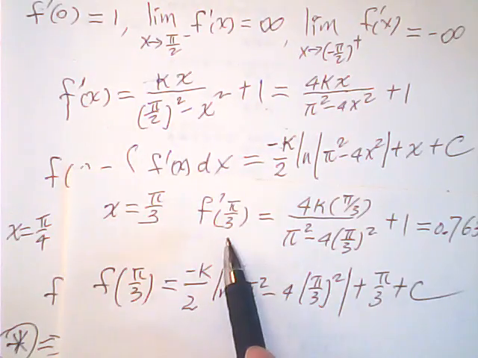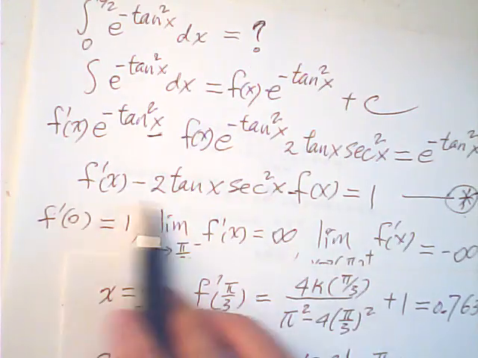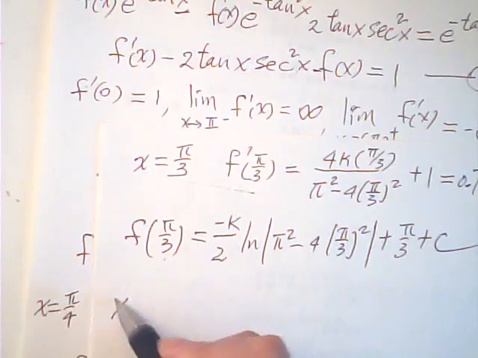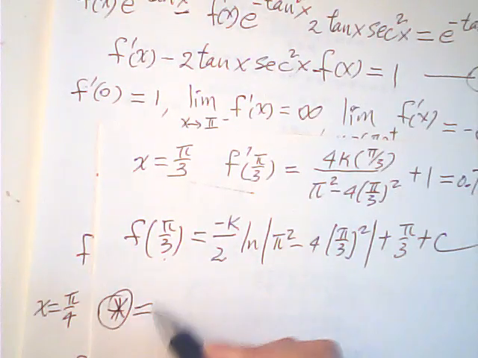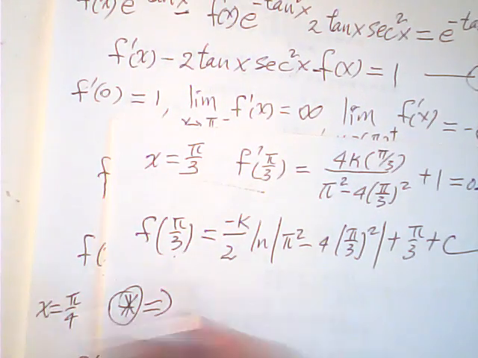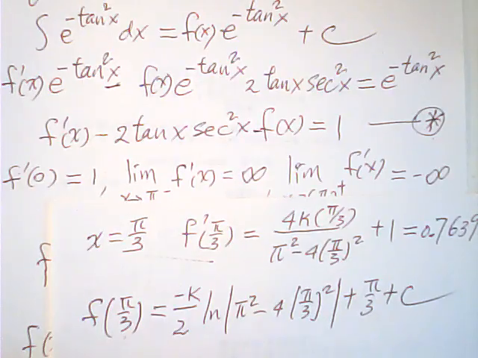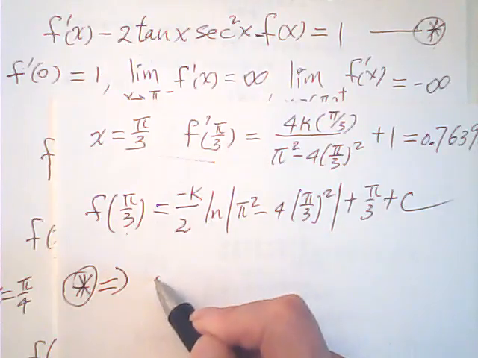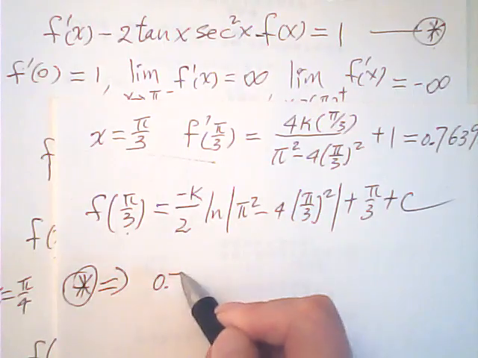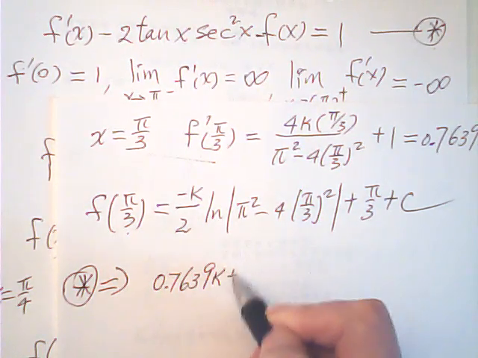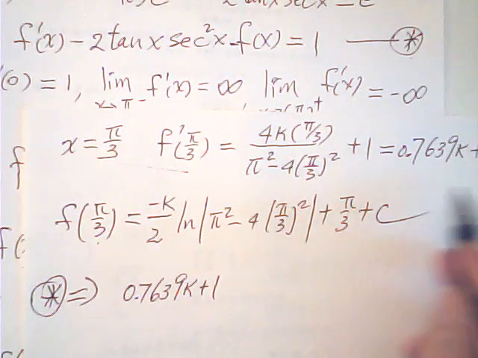Then we plug this and that into the star equation. So our star equation is equal to 0.7639k plus 1, that is this one,